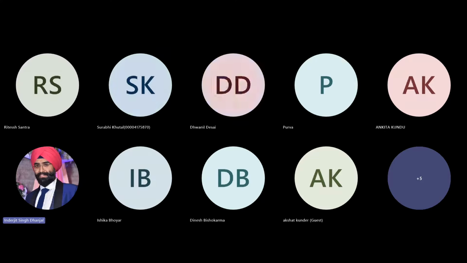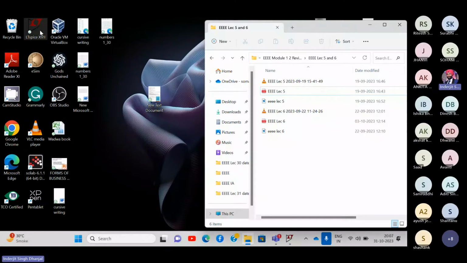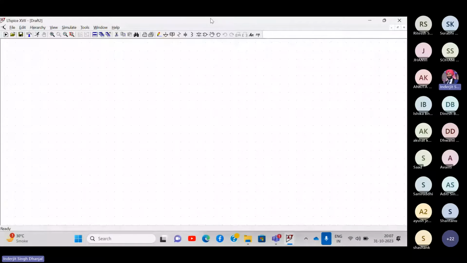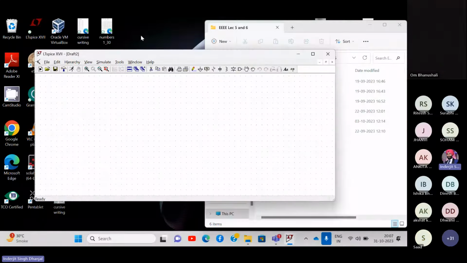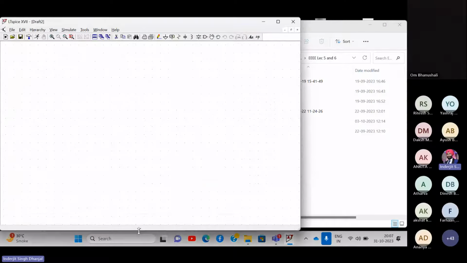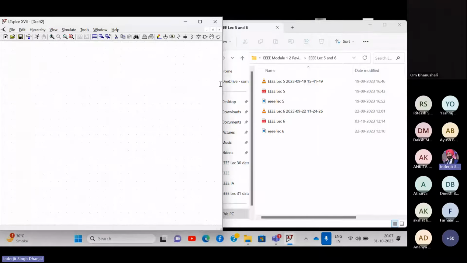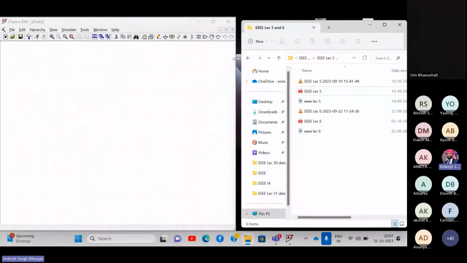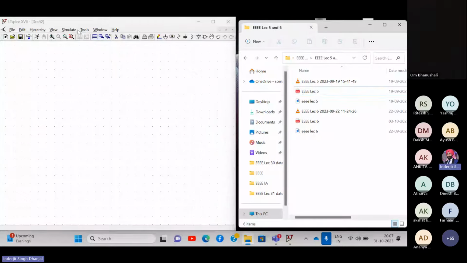Screen visible. Okay. Now let's begin with the LTspice window and click on the new schematic. I hope all of you have got this blank screen. Maybe your screen might be a little gray or a different color. To set the screen to white color, because it is required for upload,